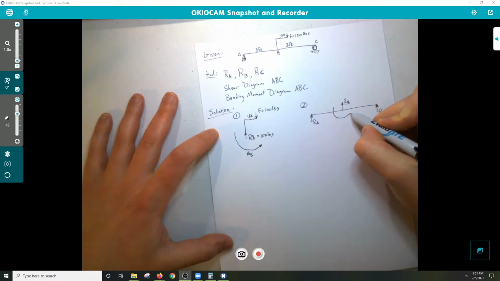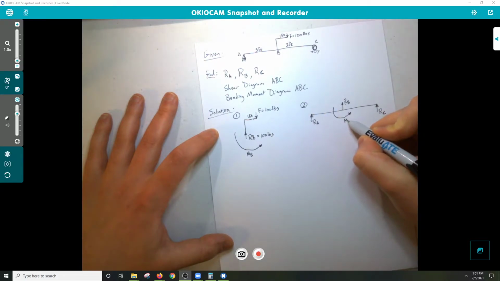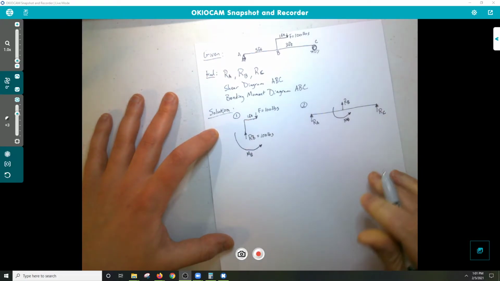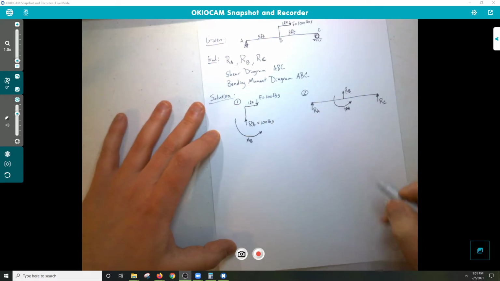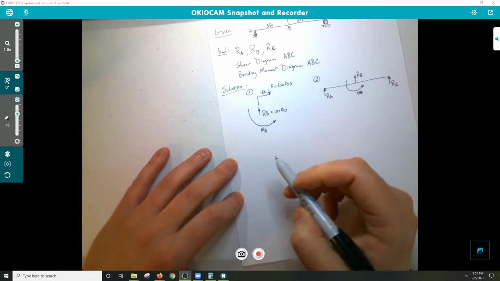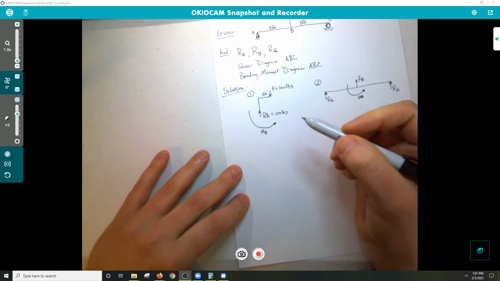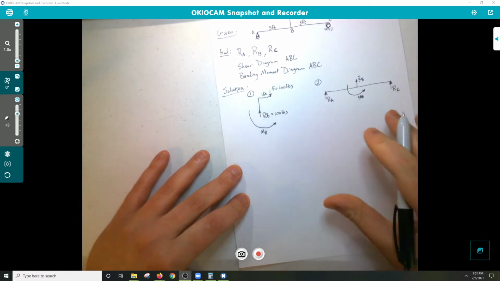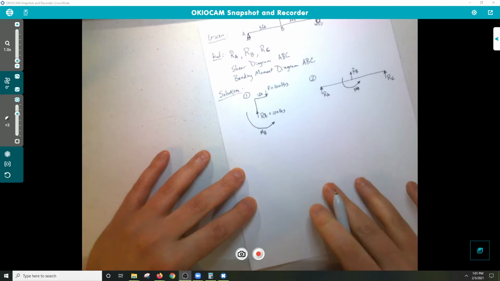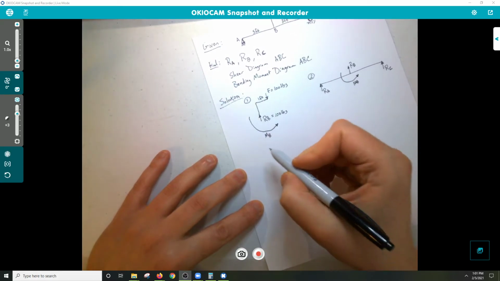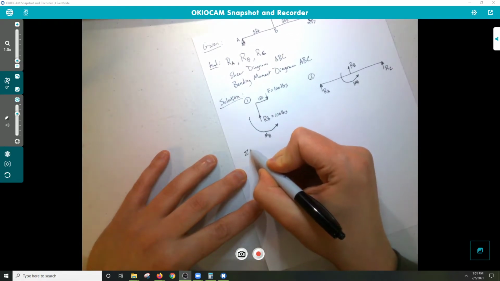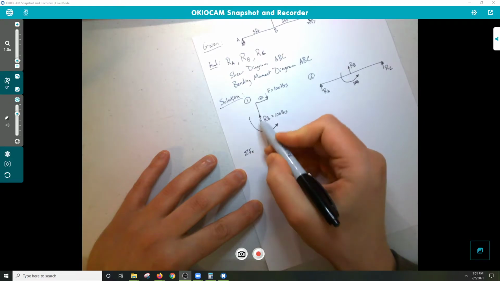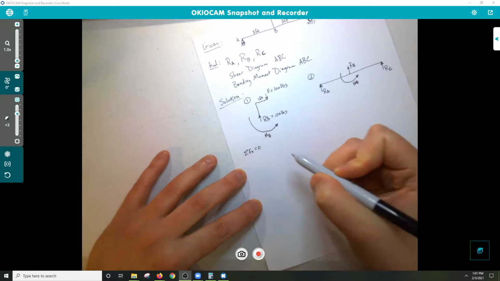So I'm going to assume positive here. I'm just going to write it in. Oops, moment B. And we will have to go back and fix that. So let me go through this one first, and then we'll go through this, write out our equilibrium equations, and solve. So first thing, equilibrium equations for this, well, the summation of F in x is going to be equal to 0,